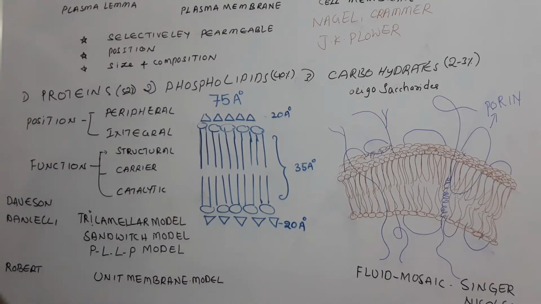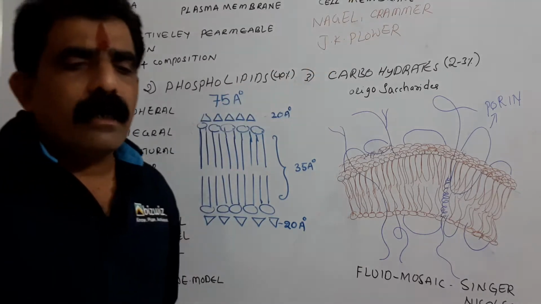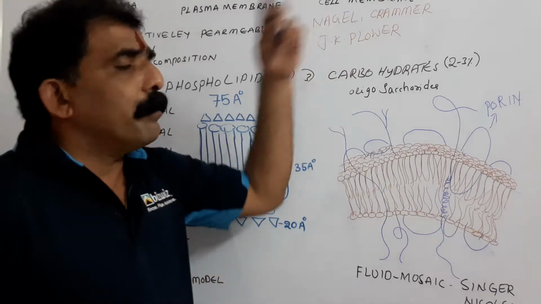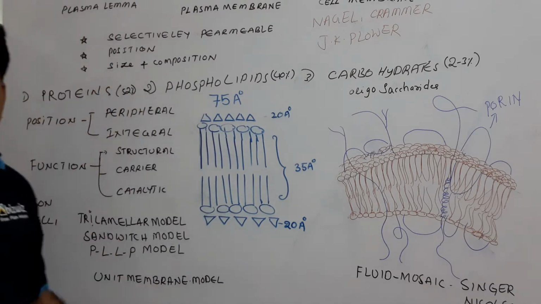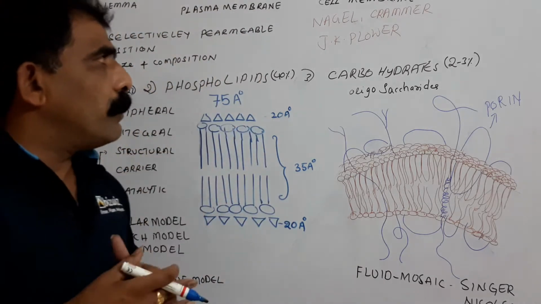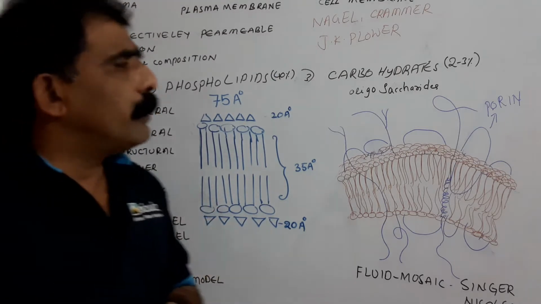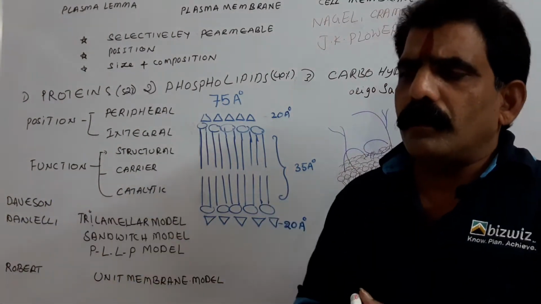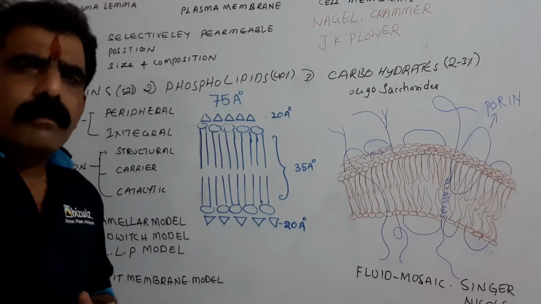The term cell membrane was coined by Nageli and Kramer. For the same, J.K. Plover coined the term plasma lemma. So, plasma lemma was proposed by J.K. Plover, whereas the cell membrane was coined by Nageli and Kramer. However, plasma membrane, cell membrane, plasma lemma, all are one and the same. So, that is the outermost layer of the animal cell and the innermost layer of the plant cell. Here, if you see the plasma membrane